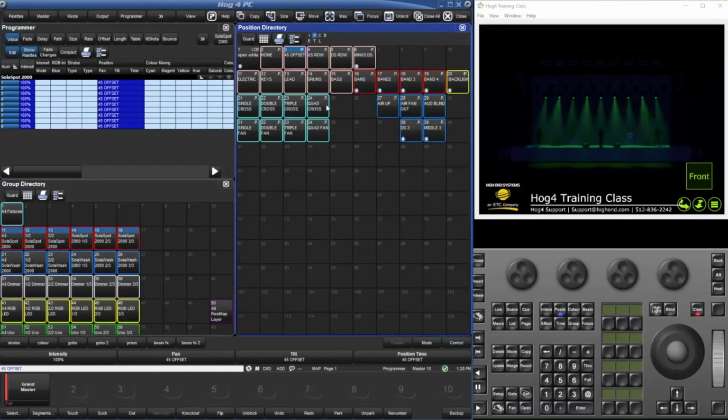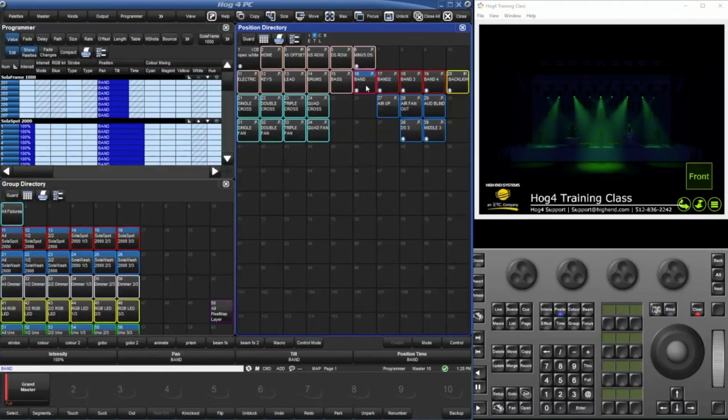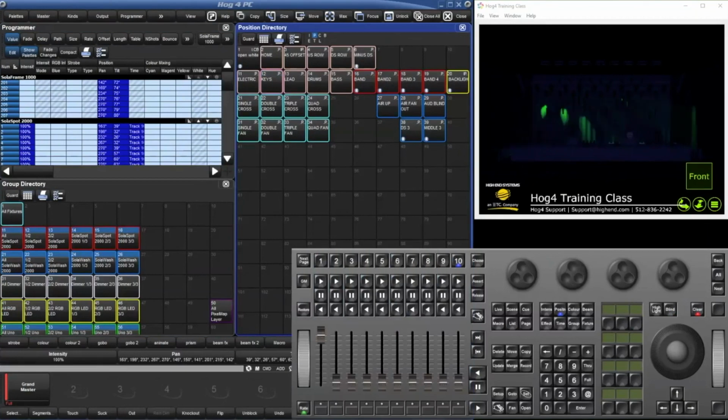Then you have reference palettes, which are a bit different because they make references to another palette that exists. So the band palette is referencing whatever the keys position palette is, and the bass position palette, and the lead and electric drums position palettes. If I update this a bit and go this way,